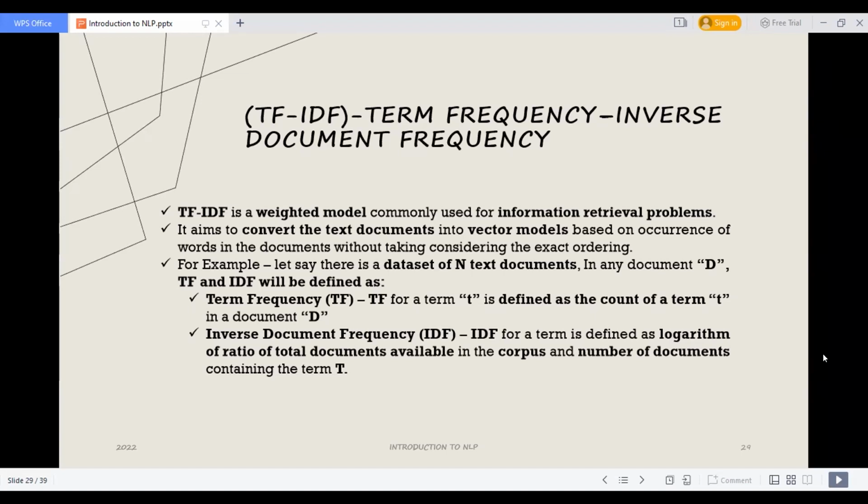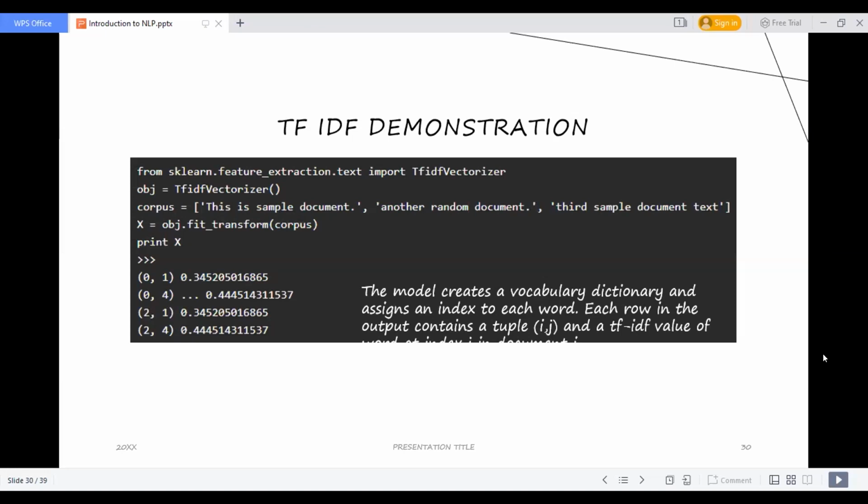The IDF is the inverse, that is the logarithm of the ratio of the total documents available in the corpus, the whole data set we have, and the number of documents containing the term t. The t is the word which we need to count in the whole document. So this is the basic example of TF-IDF.